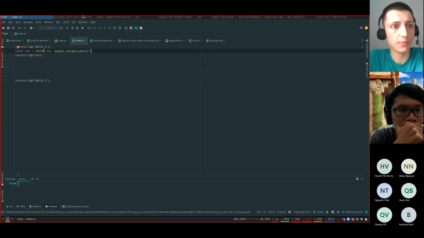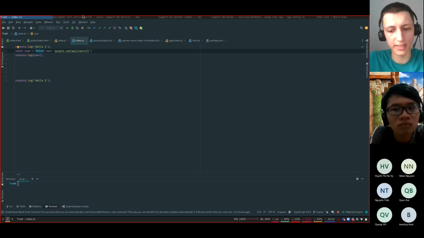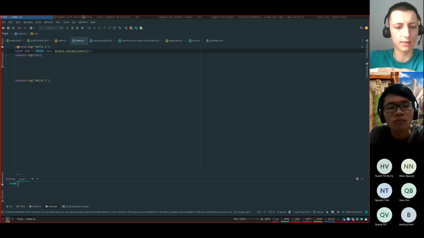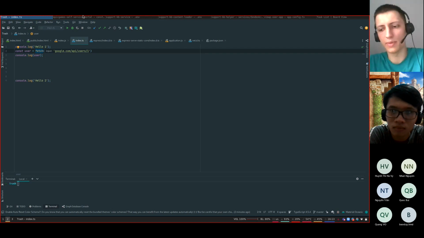What happens when we run this code? Our JavaScript says to Node.js, please, I want to get this information. JavaScript is done with that, and Node.js will try to make the request in other threads, but that is done under the hood. Node.js will make the request, get the information and so on.